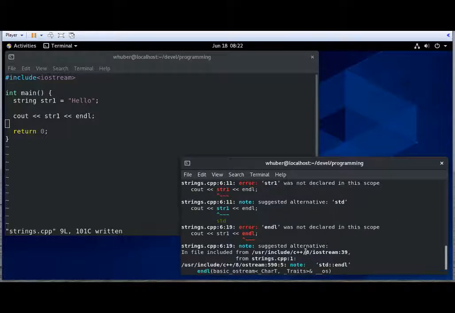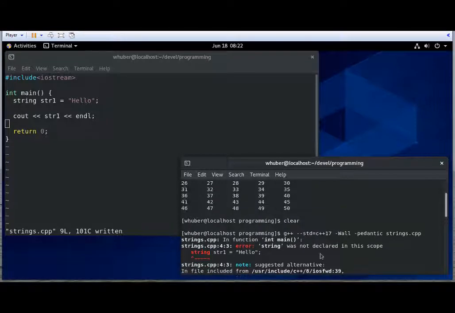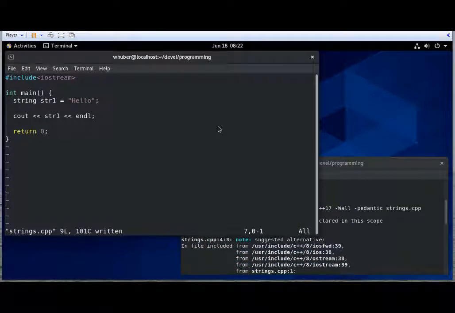You'll notice we get some errors here. String1 was not declared in this scope. Inline was not declared in this scope. But let's scroll up to the first one. That usually will tell us. String was not declared in this scope. Well, I thought that was a string class. Well, there is. We need to, first off,